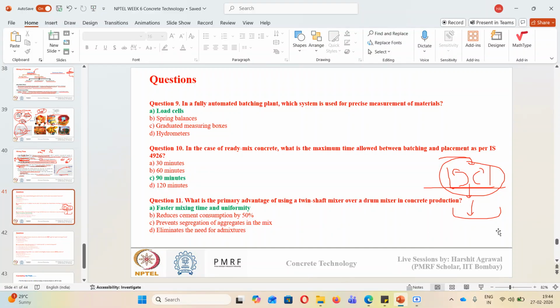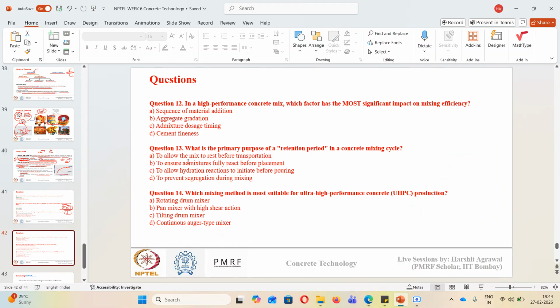Because there is gravity which is governing the flow of material downwards, and then we are again lifting the material, it is more uniform in terms of mixing. And such mixers are used for high performance concrete where efficiency in blending of material is important. Okay,